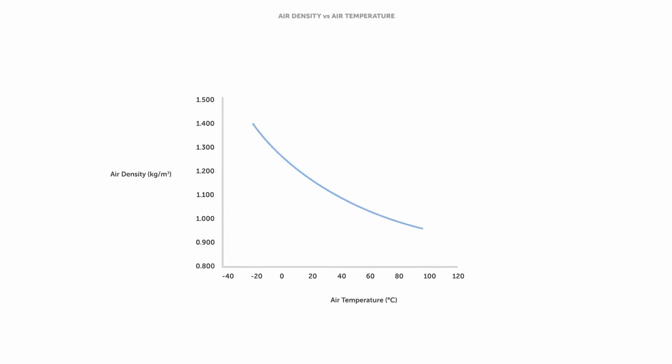For this graph, I've kept the air pressure at 101.3 kPa, so the only change is to the air temperature. Remember that changes in air pressure are dealt with already by the ECU's fuel model, so here we're only interested in temperature. The result of the calculation gives us the air density at each temperature breakpoint, but that's not particularly useful to us. What we really want to know is how the density changes between each breakpoint, or more specifically, the percentage difference. If we know what the percentage difference in air density is between two zones in the table, we then need to make the same change to the fuel delivery in order to keep the air-fuel ratio constant